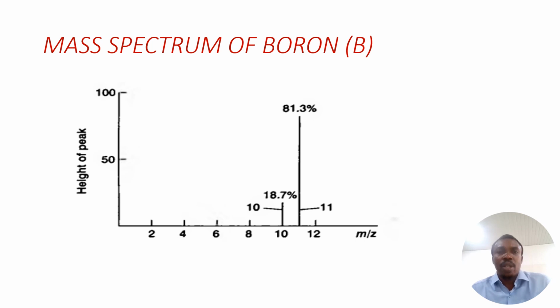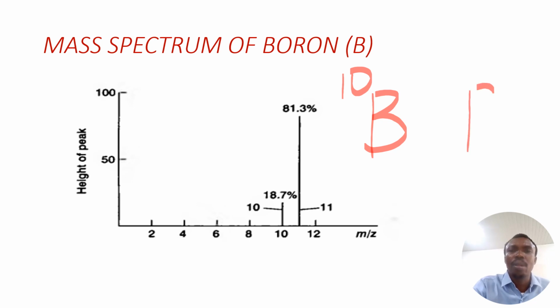So this is the mass spectrum of boron, another example of a mass spectrum. Just as I said, it depends on the calibration of the mass spectrometer. As you can see, this one gives a graph of the height of the peak against the mass to charge ratio. Now from the mass spectrum, you discover that we have two isotopes of boron, which are boron 10